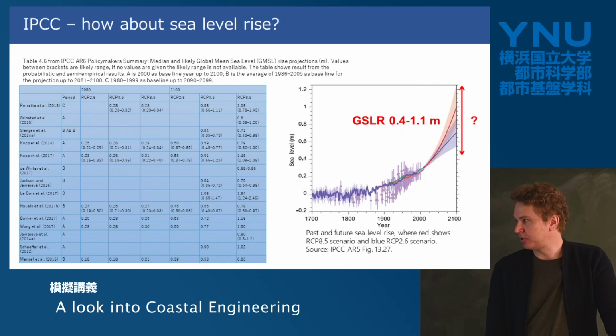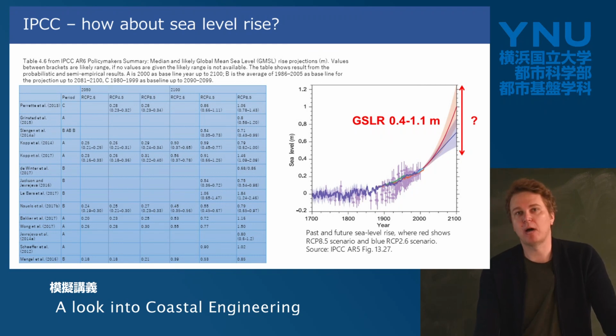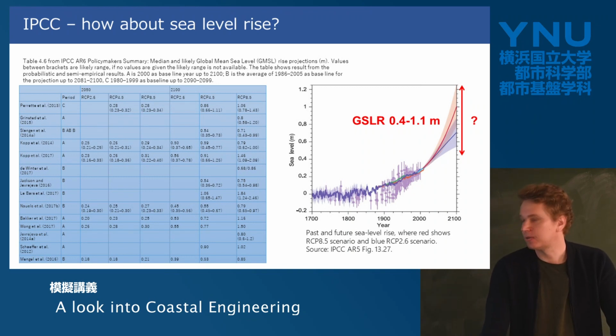And there are a lot of different projections for sea level rise. And you can even see that there's lots of unknown about the future. We don't know how much it's going to rise. So that's why we also have different scenarios. And different scenarios in the future is like if we continue burning more and more, we have different outcomes. But the climate system is very complex and predicting the future is difficult. So we have a large sort of spread. And it could be anywhere from like 0.4 meters to 1 meter, or some estimates are even much more extreme, and they have even maybe some ranges close to 2 meters and even more than that.